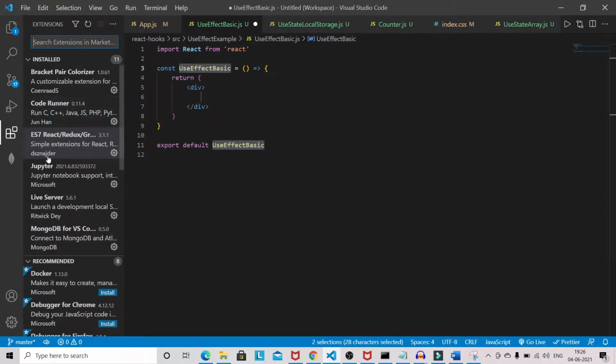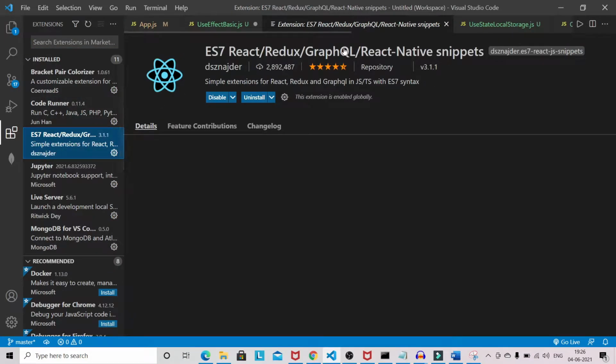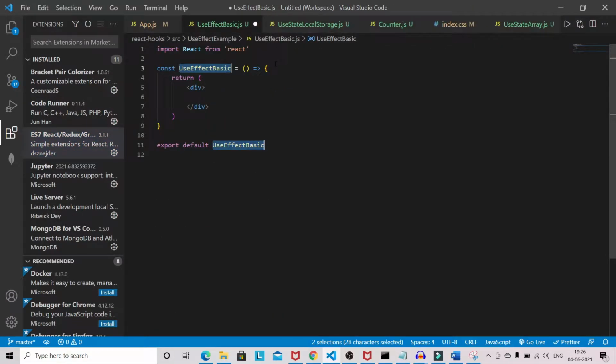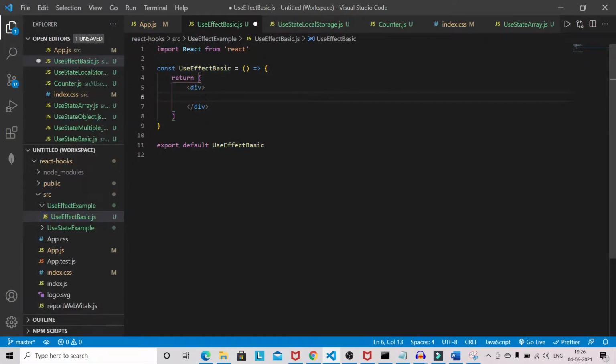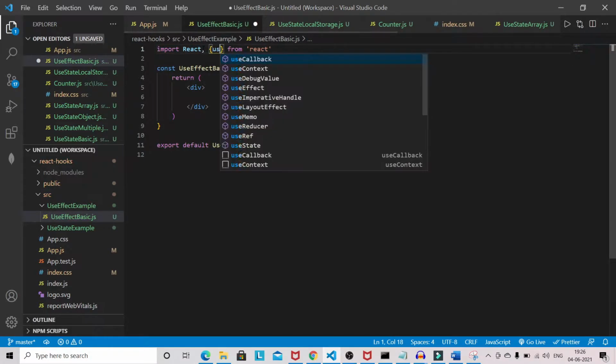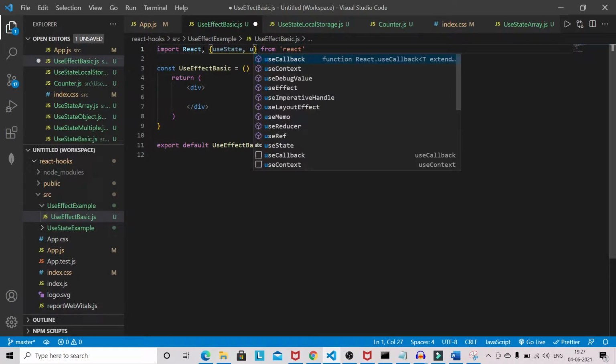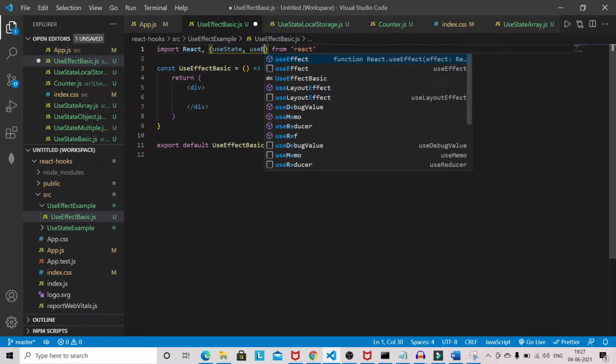You can download this VS Code extension so that you will be able to generate the React snippet just like I did. Now I will import useState. I have already explained useState with a lot of working examples, so you can watch that video.